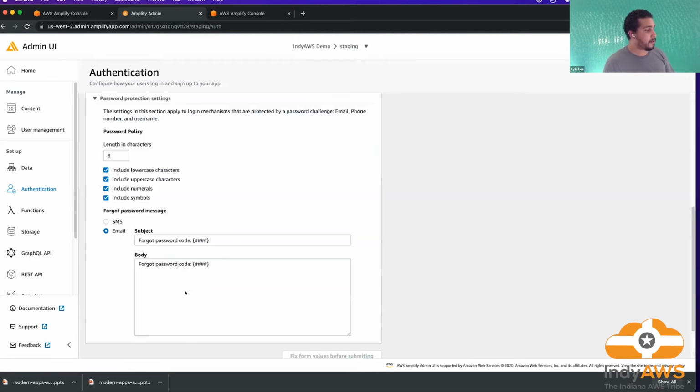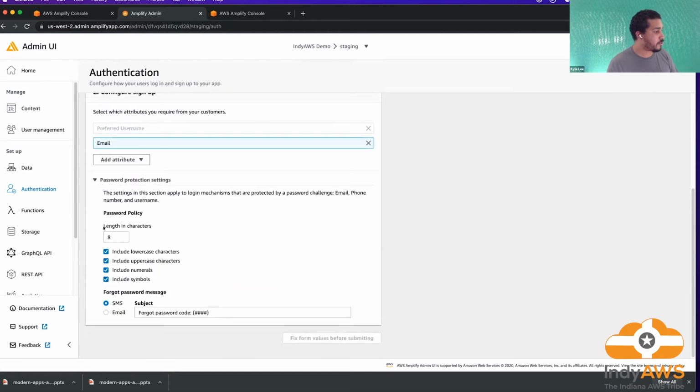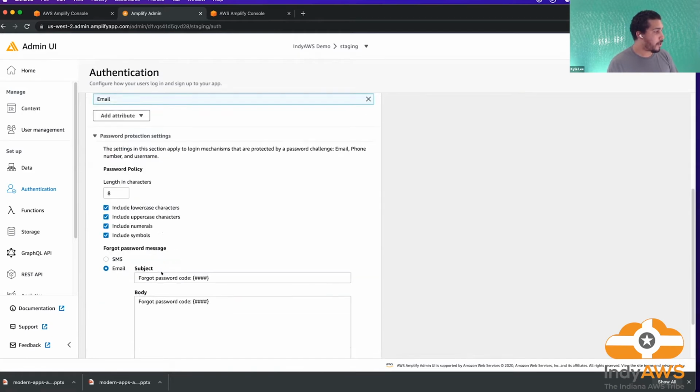And then you also have a couple of things for password protection. So you could set how secure a password needs to be. Do you want to include the lowercase, the uppercase, numerals, and symbols? How many, like length and things like that. So how complex do you really want it to be? And once again, we're going to be using email, or you could obviously choose SMS, but either or.